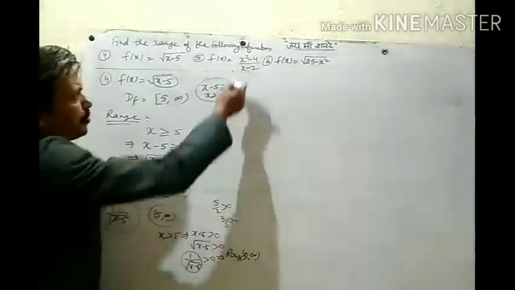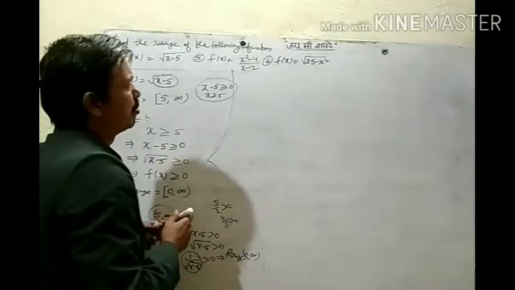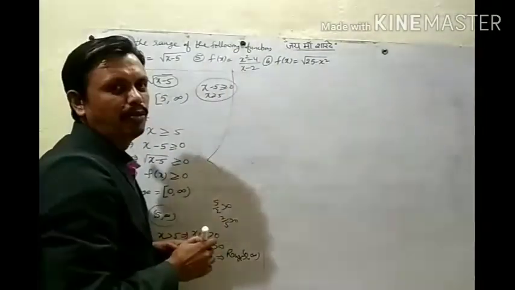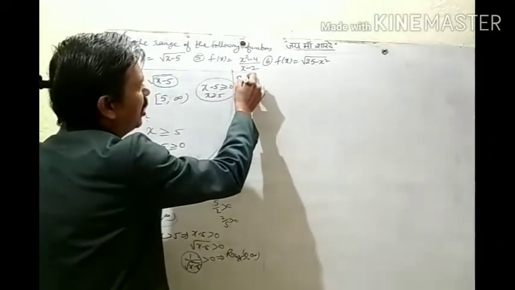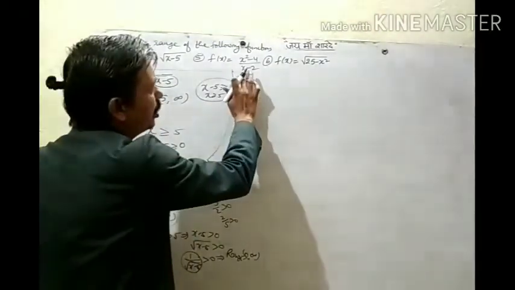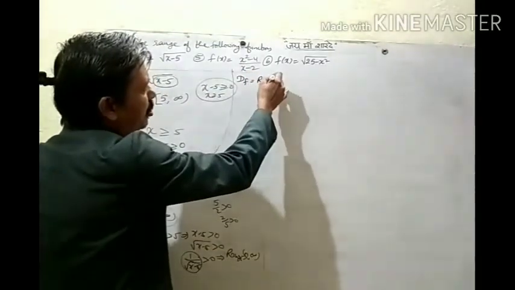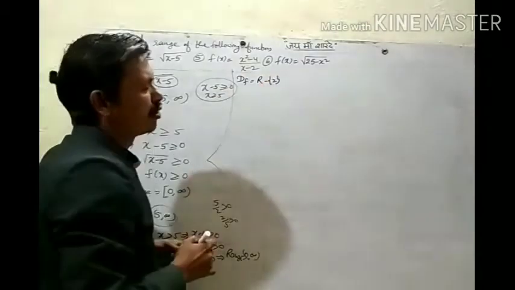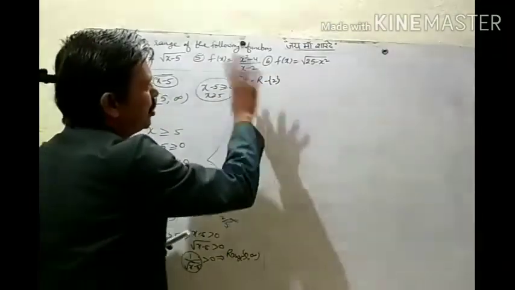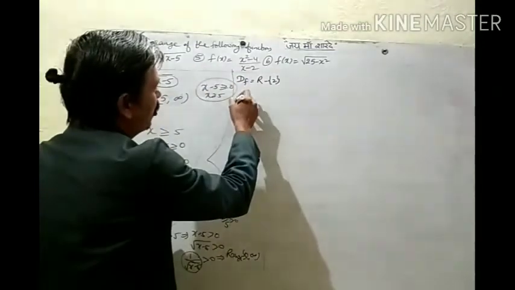Okay? Then x square minus 4 upon x minus 2. Its domain: clearly we can say x cannot be 2. If x becomes 2, the denominator becomes 0. So from the real numbers you have to eliminate 2. So our domain is the set of all real numbers except 2. Okay, this we have also seen. Now for the range,